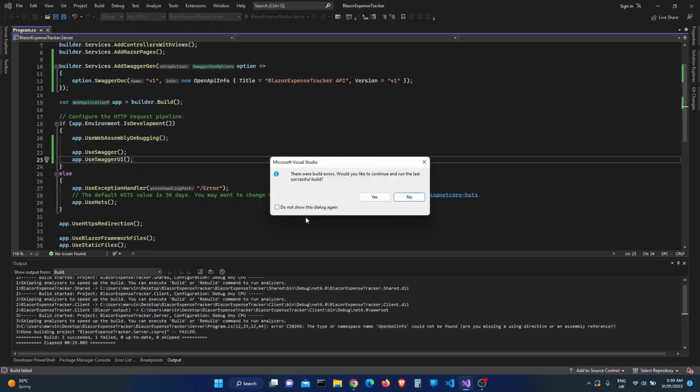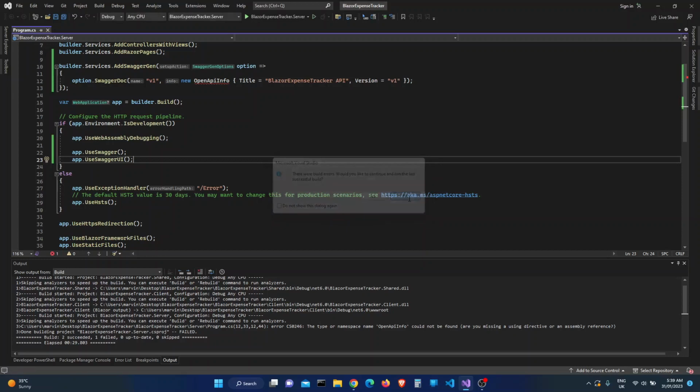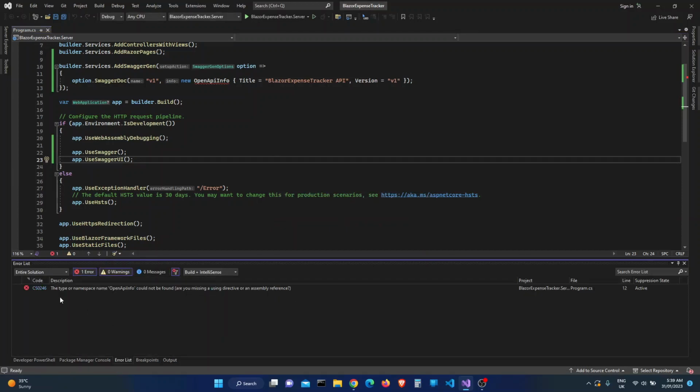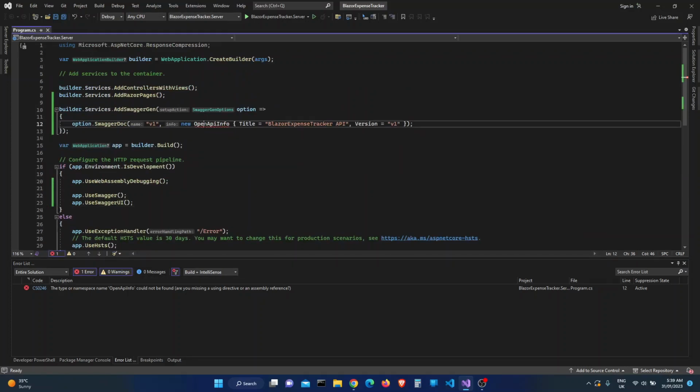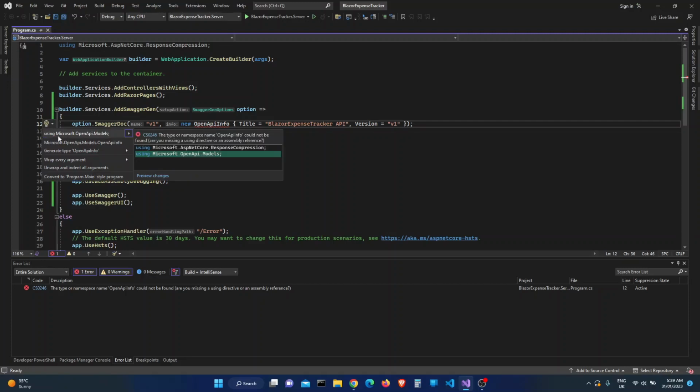But then when we go to, okay, it says there are some build errors. No, I would not like to run the last successful build. Let me see what the error is. So it says the type of namespace name, OpenApiInfo could not be found. Are you missing a using directive? Okay, so I think I'm missing a using directive. So I can click Control dot on this,